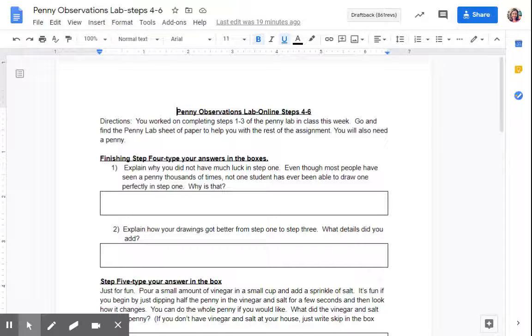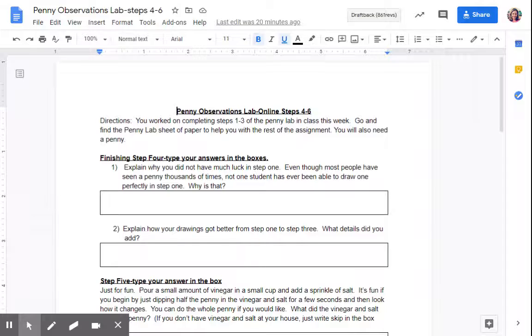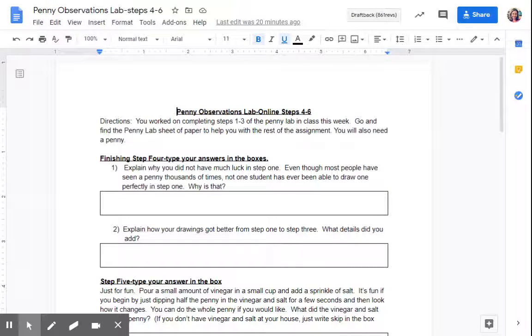So first of all, yesterday it says directions. You worked on completing steps 1 through 3 of the Penny Lab in class this week. Go and find the Penny Lab sheet of paper to help you with the rest of the assignment, and you'll also need a penny. So before you start answering your questions here, you'll need to get a penny and your Penny Lab. All right, so you can pause this video, maybe go get those things, and then come on back and push play again so you can